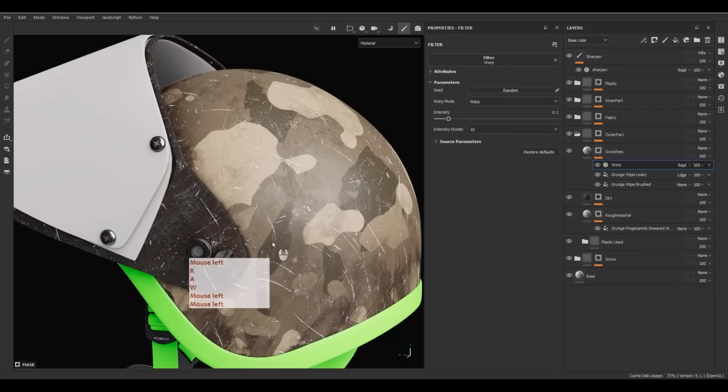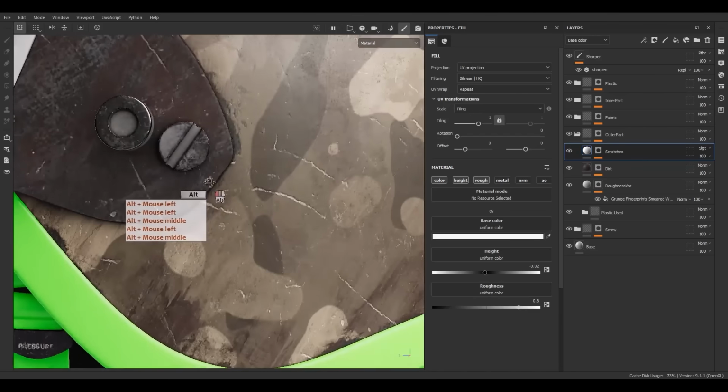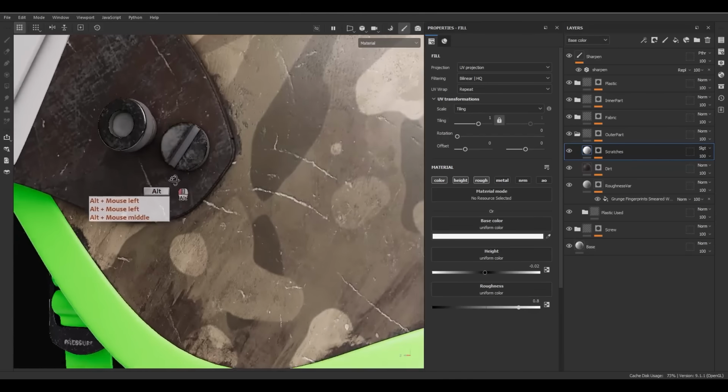For the height, I think negative 0.02 is okay. And we need to bring up the roughness, and that's it. It's enough for the